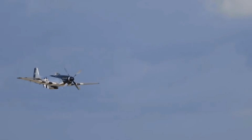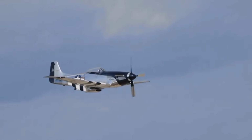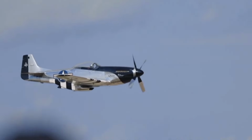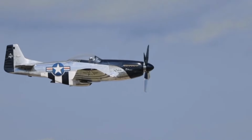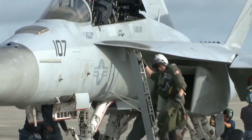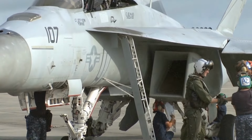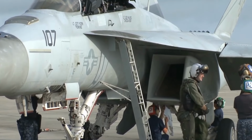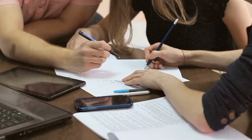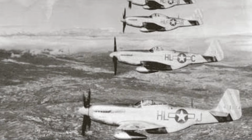On the battlefield, the two-seater Mustang was not just a vehicle, but a crucial tool for testing combat tactics and devising strategies to outmaneuver enemy aircraft. Seasoned pilots had the opportunity to fly alongside trainees or less experienced aircrew, offering immediate feedback and guidance on tactical maneuvering, target acquisition, and engagement techniques. By working together on training and tactics development, the combat effectiveness of P-51 Mustang units in aerial combat scenarios was